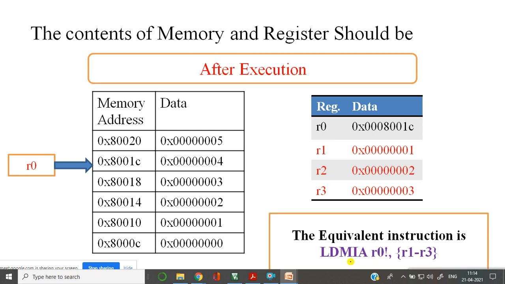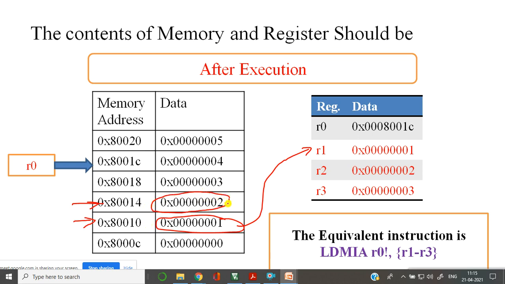Okay, so increment after means fetch this content, and the first register is R1, put it there. Now I have an increment after. I'll increment by 4 bytes, that is 104.